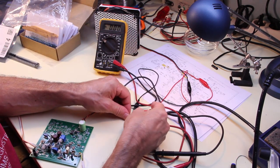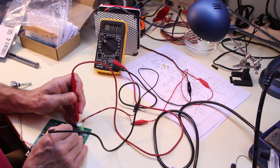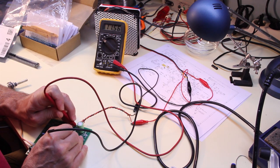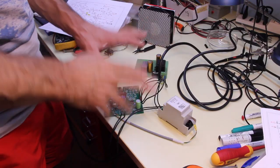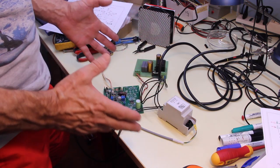Power and check for the voltage. Okay, 12 volts about. This circuit is not meant to just control universal motors, but a far broader spectrum of